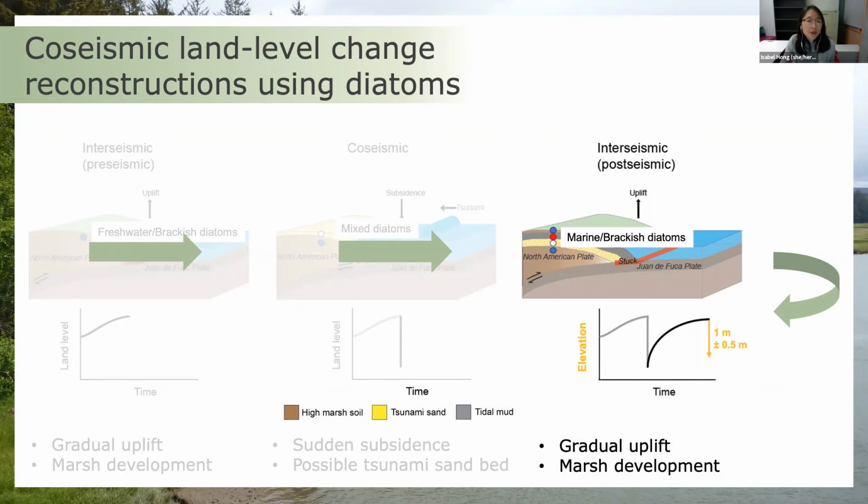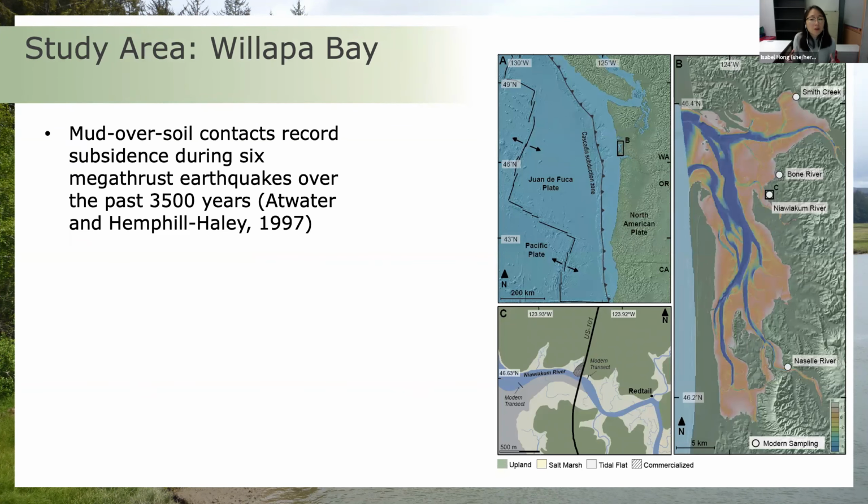And so with transfer function, then the goal of re-investigating a site like Willapa Bay is that, as I mentioned, Willapa Bay is advantageous for a modern diatom study, but it's also really advantageous for a fossil diatom study like this, because there have been a lot of scientists and paleoseismologists who have gone to Willapa Bay to find this sort of stratigraphic geologic sediment record of these mud over soil contexts I just described, that's evidence for this land level change that we're seeing caused by Great Cascadia subduction zone earthquakes.